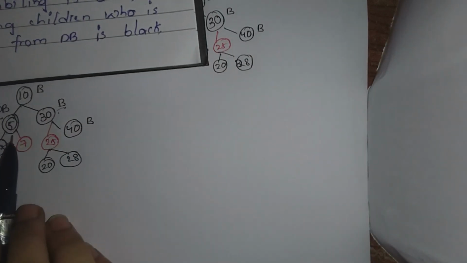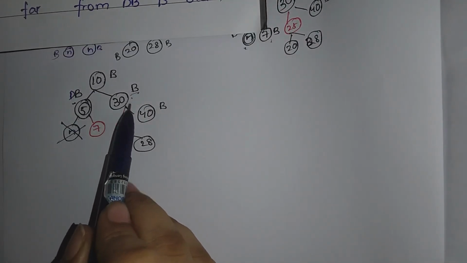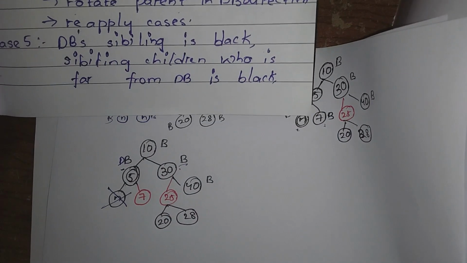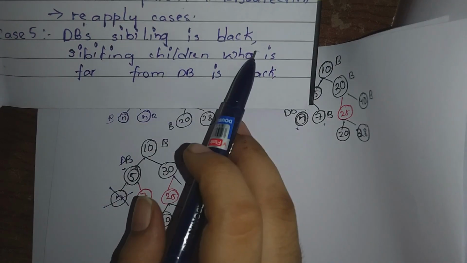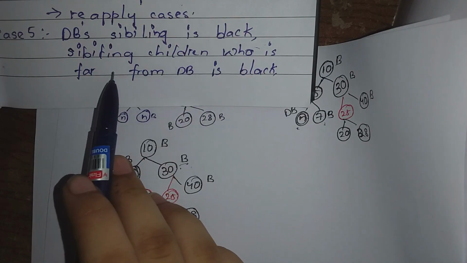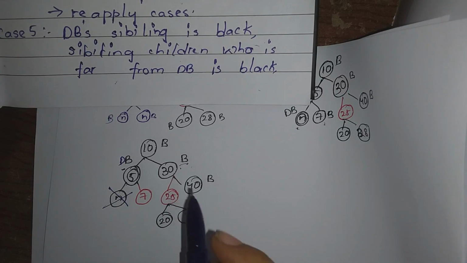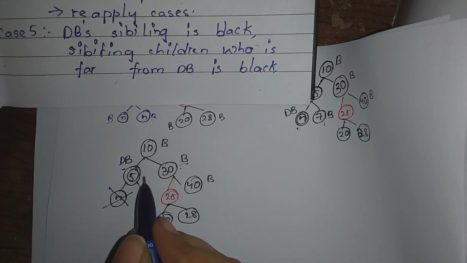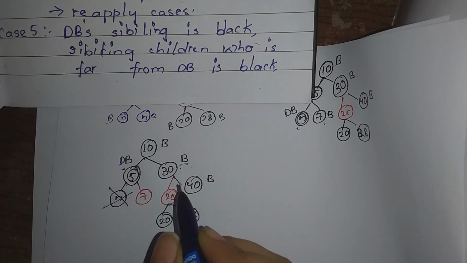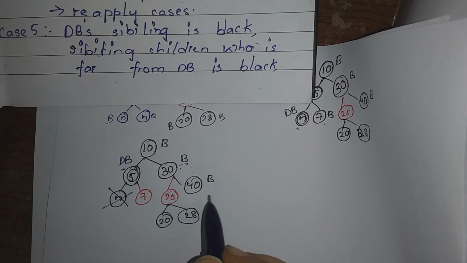So this is the case where DB's sibling is black, and the sibling's child who is far from DB is black. The sibling's children are these two; from the DB this one is the closest, and this is the farthest element. So we need to check that DB's far element is black. DB's sibling's child which is far is black,